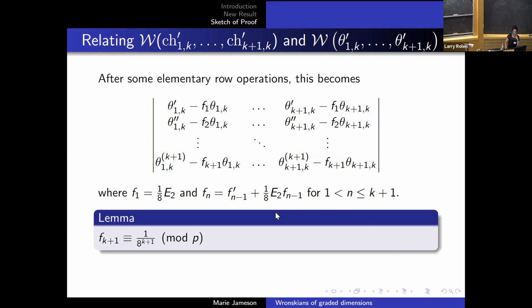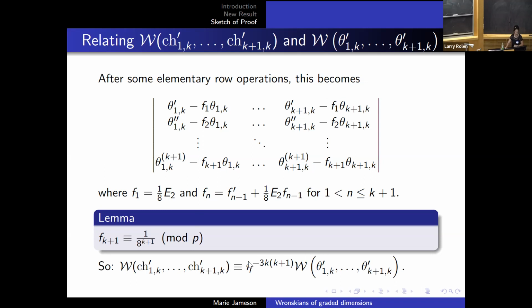If I can prove, and it seemed numerically to be true, that f sub k plus 1, the one in the last row of the matrix, is congruent to 1/8 to the k plus 1 mod p, then that would mean this last row just consists of things that are congruent to multiples of theta sub 1k, theta sub 2k, etc. That would greatly simplify the last row, and then I could add multiples of that last row to all the prior rows to get the matrix that I want. That is the key to